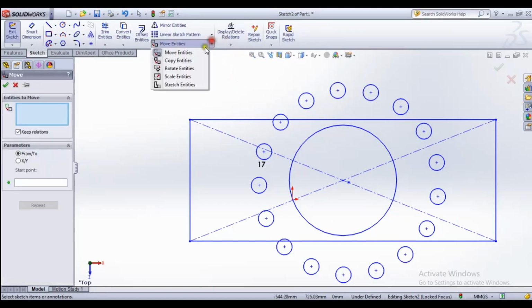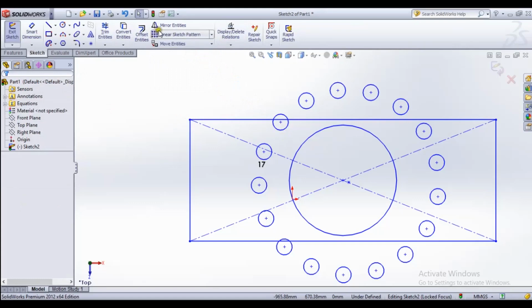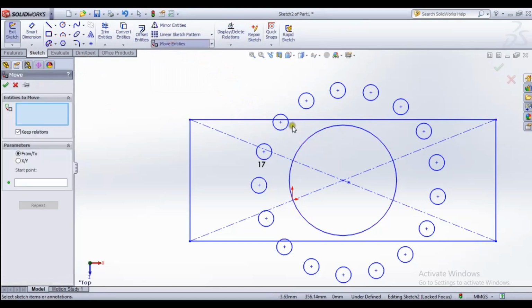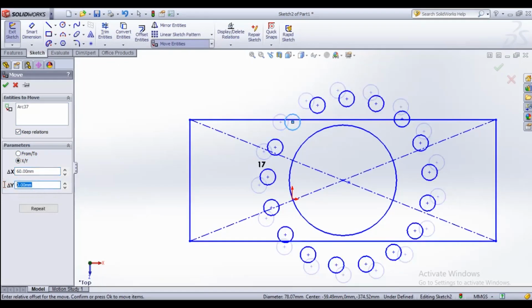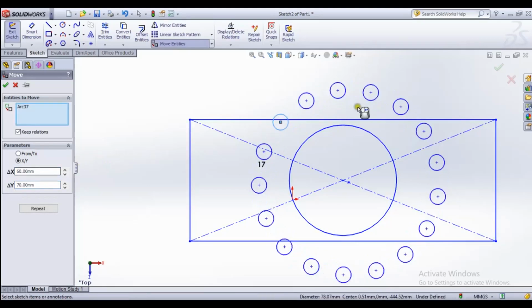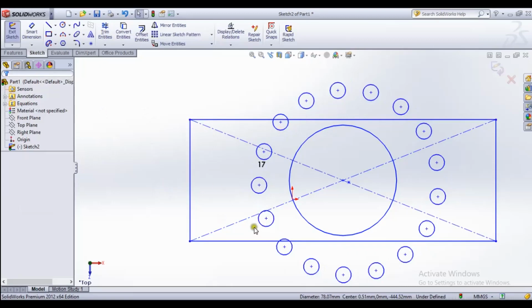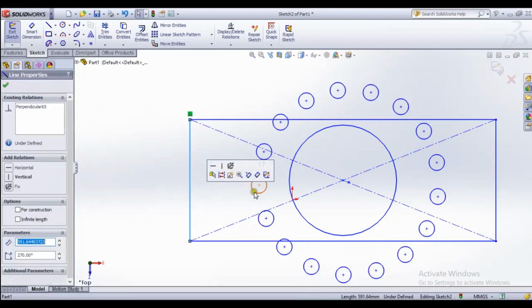Here we can see move entities. Again, this entity, keep relations from x to y. Start from, I am going to move this item from x, y to 7. Okay, you see that it's changed, but we can see because it's in a circular location.